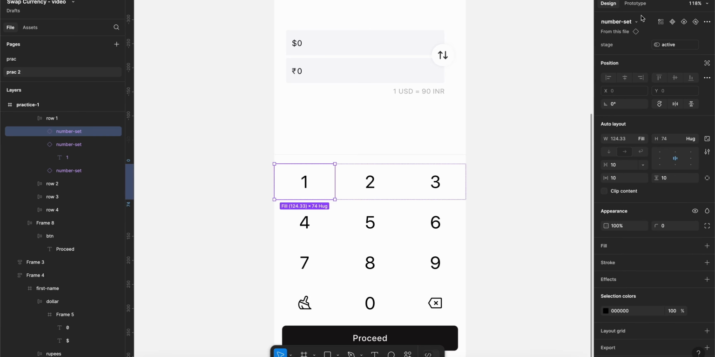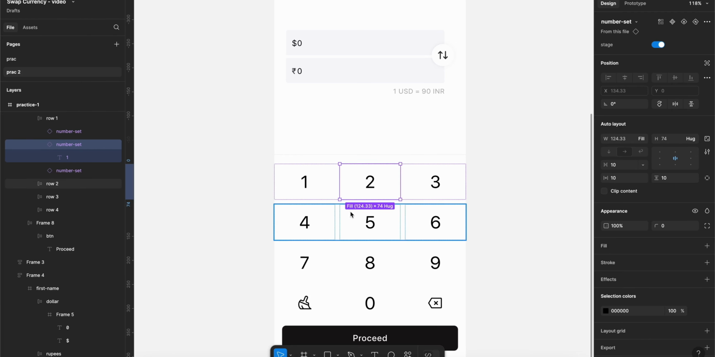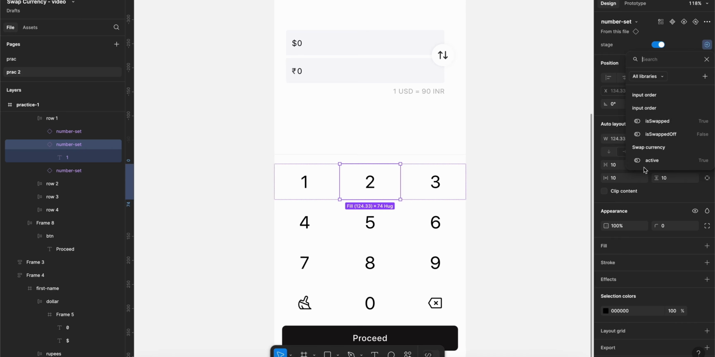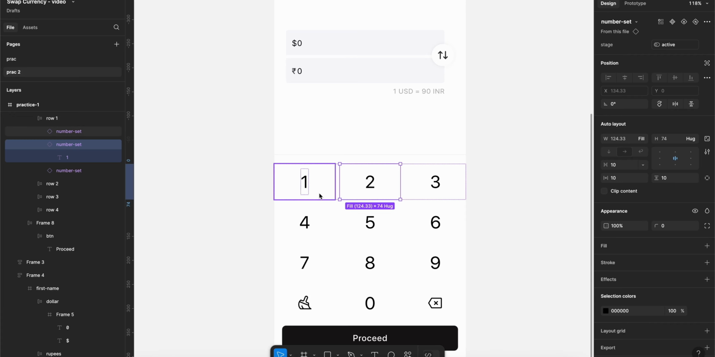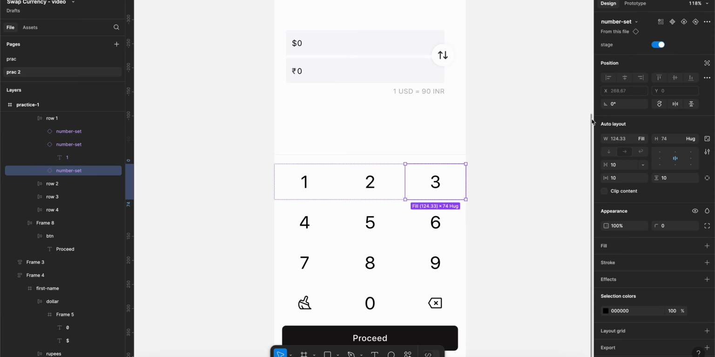For that I need to link this. Okay, so guys, before that you need to link your numbers. So what you need to do is press this icon and link it with the active. Okay, so I just linked it here. You need to link all the keypad numbers, so that it will target